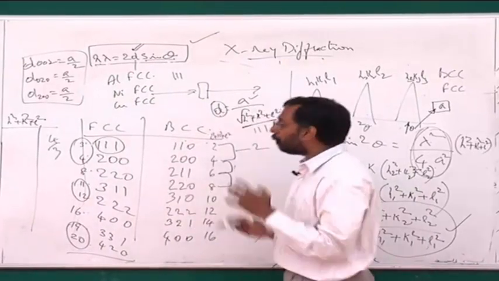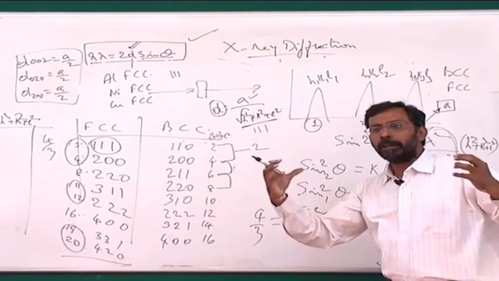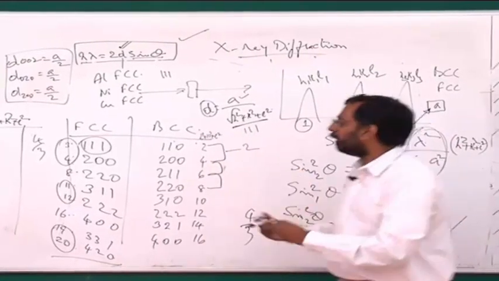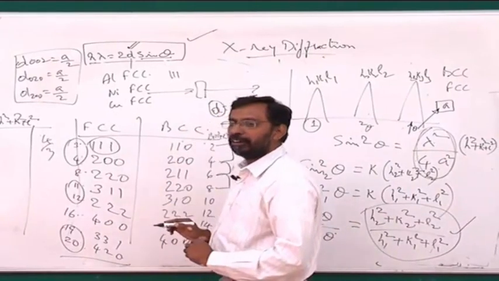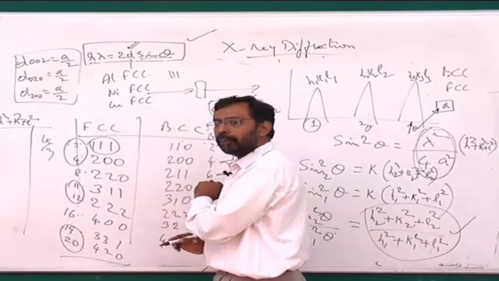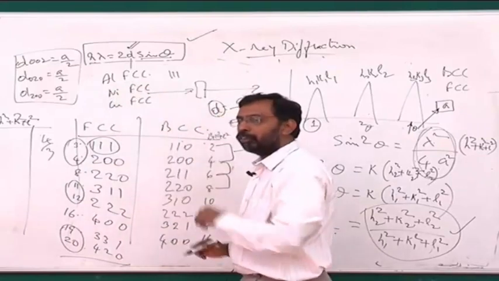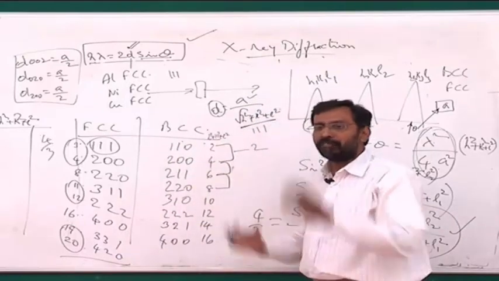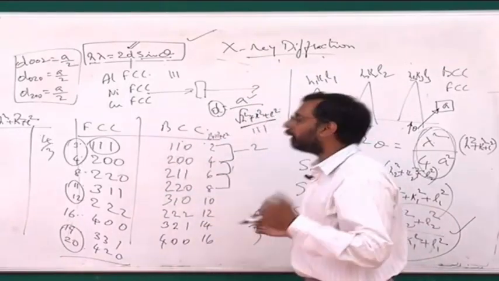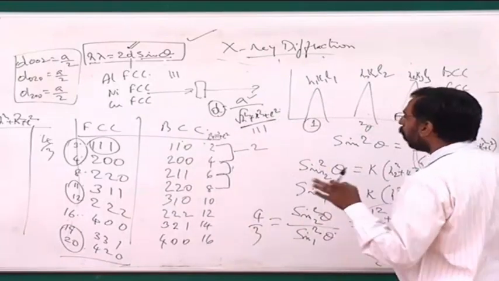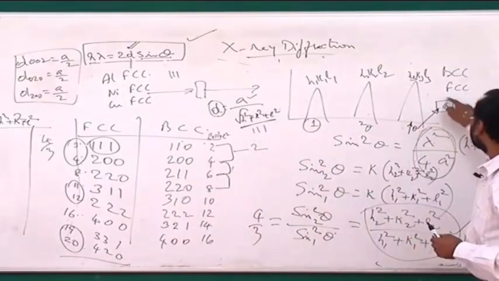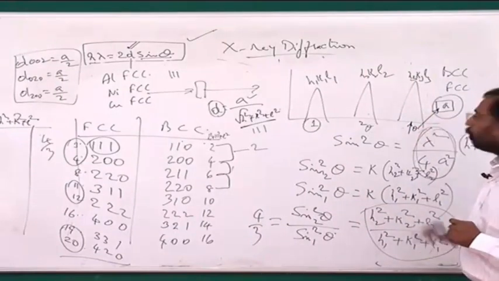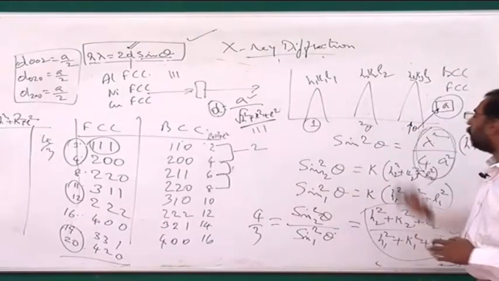So if I am mixing up some copper powder with some aluminum powder and put them into the sample and then send an X-ray, you will see that you will get two 111 peaks. One corresponding to copper powder, copper 111, another corresponding to aluminum 111. So you will get two peaks of 111. We will also talk about how to find out the amounts of these phases by simply looking at the intensities a little later. So you will know that the size of the crystal is going to decide the theta. So if the a is larger, the theta is smaller for a given HKL.